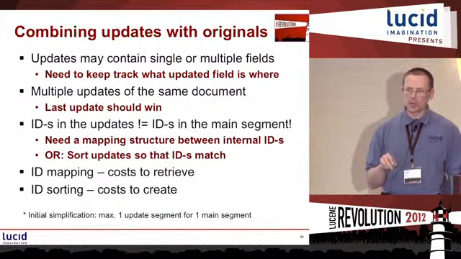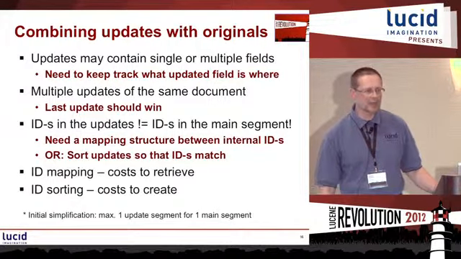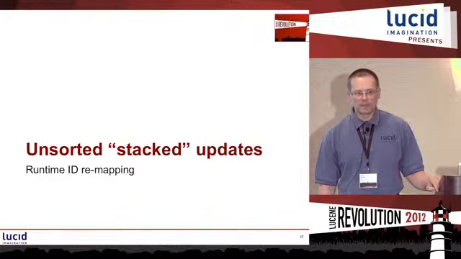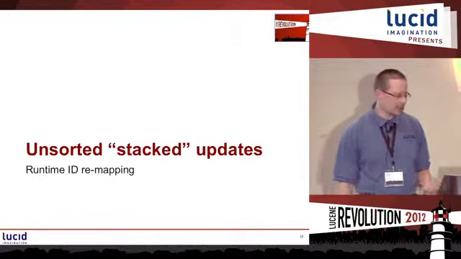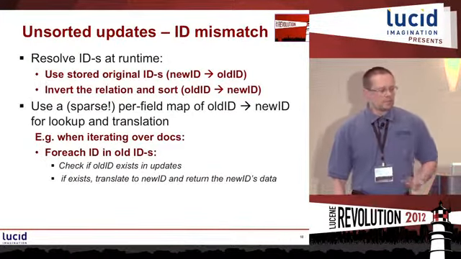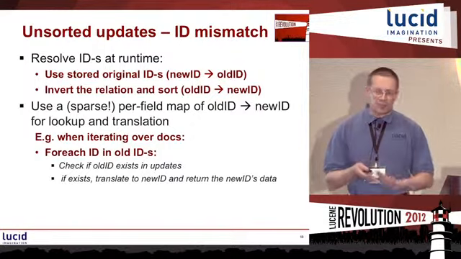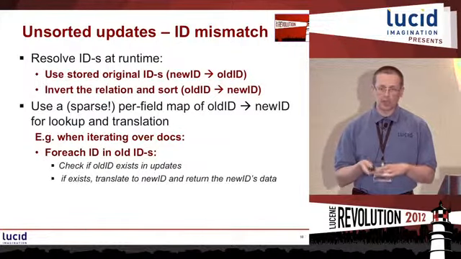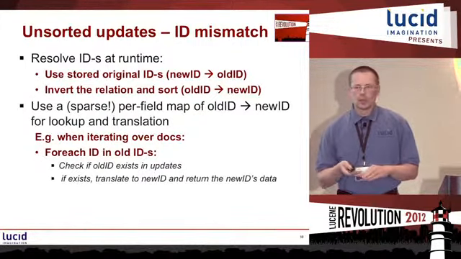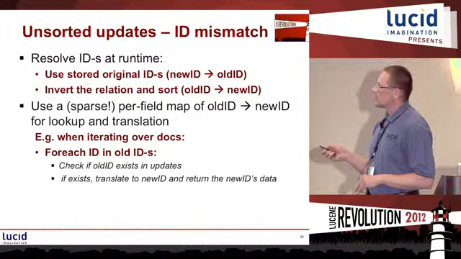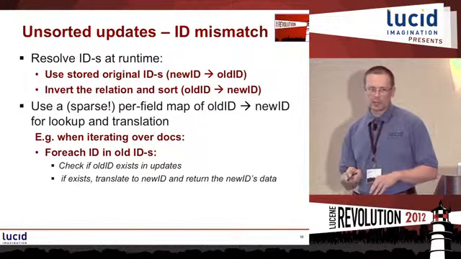Let's take a closer look at the first option, which is using unsorted stacked updates. And that's actually the design that I started implementing. So with unsorted updates, we have this ID mismatch, and we have to store the original document ID in the segment. So based on this, since we have this sort of mapping of new IDs to the old document IDs,